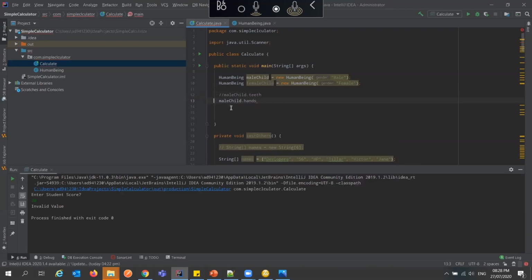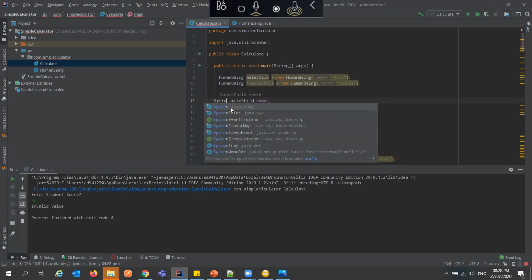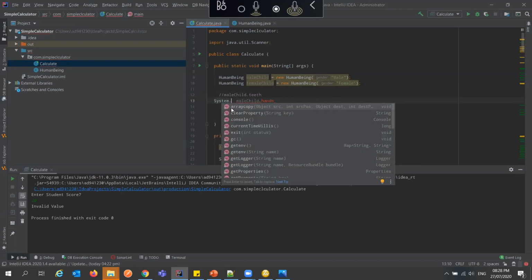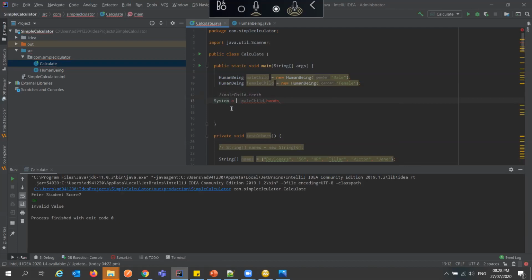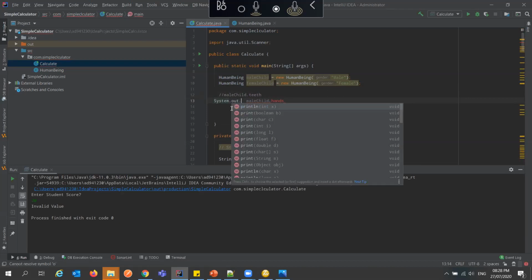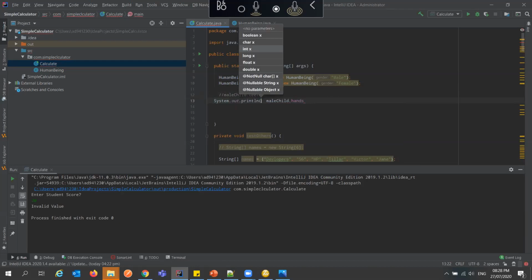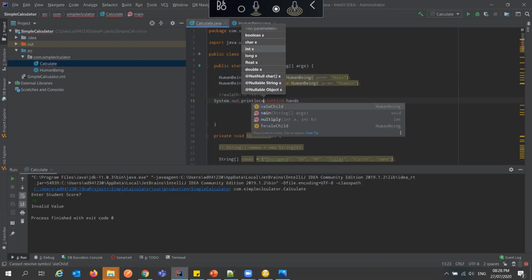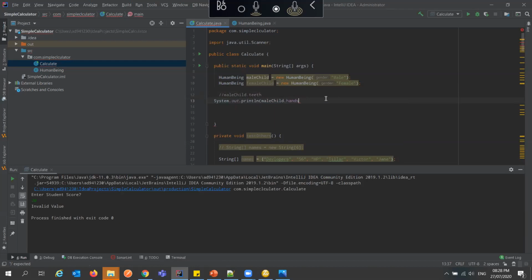So I'll print this out and say System.out.println. I want to print the hand of the male child out. That's all I want to do.